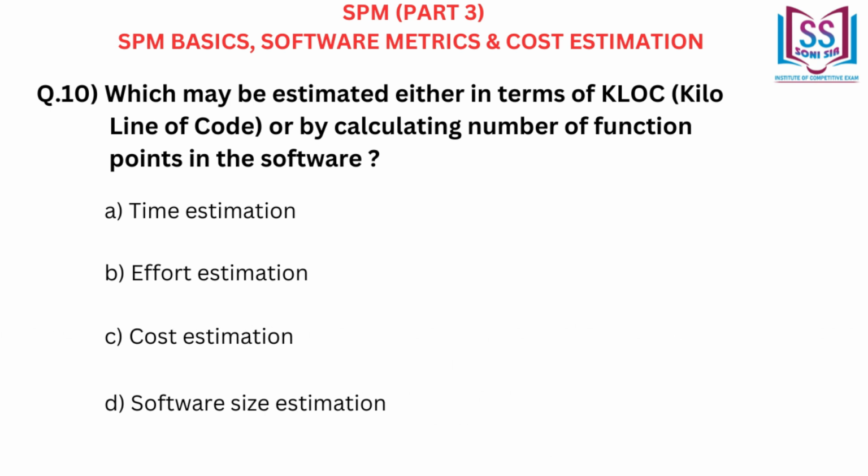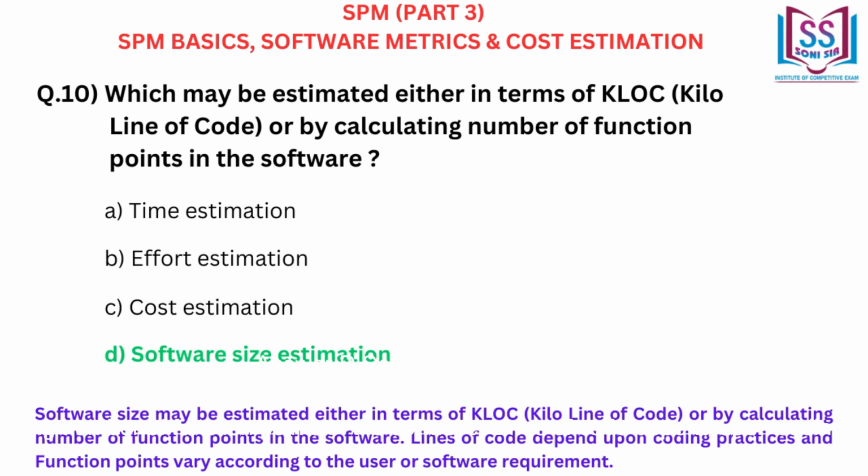Which of the following may be estimated either in terms of kilo line of code or by calculating number of function points in the software? A. Time estimation. B. Effort estimation. C. Cost estimation. D. Software size estimation. Answer D. Software size estimation. Software size may be estimated either in terms of kilo line of code or by calculating number of function points in the software. Lines of code depend upon coding practices, and function points vary according to the user or software